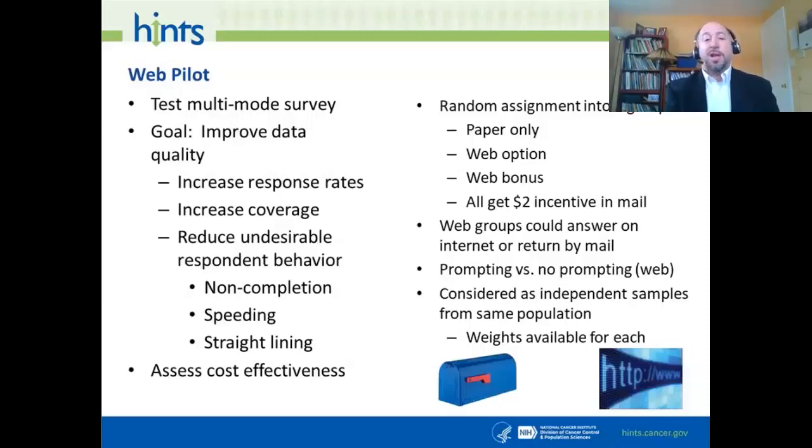Very importantly, each of these three groups can be considered as independent samples from the same population, being adults 18 years old in the U.S. And very importantly, you're going to see weights associated with each of the three groups. When I say the weights, I mean a final sample weight to get your population point estimates and a set of 50 replicate weights to get your correct variance estimates. And I know Ashley's going to talk more about that and how you decide which weights to use.